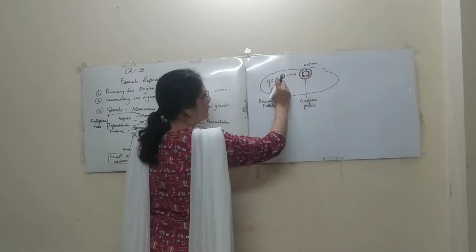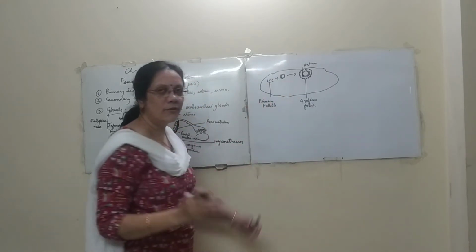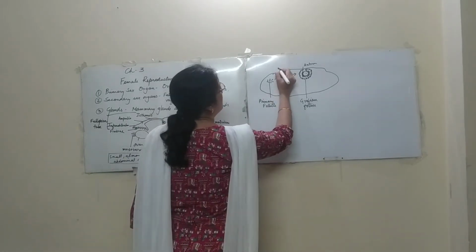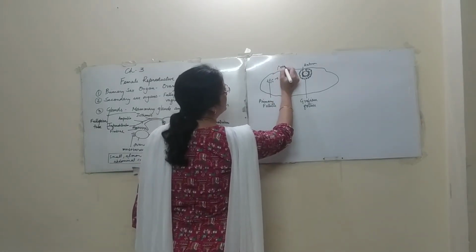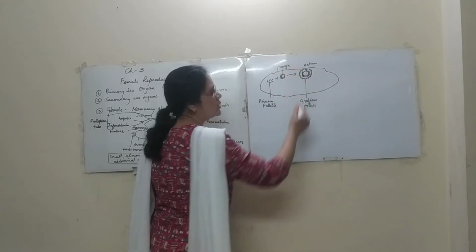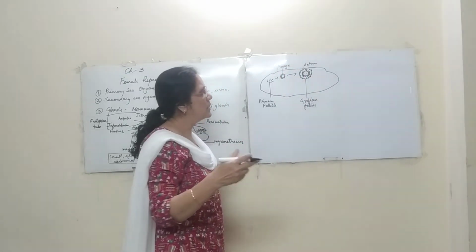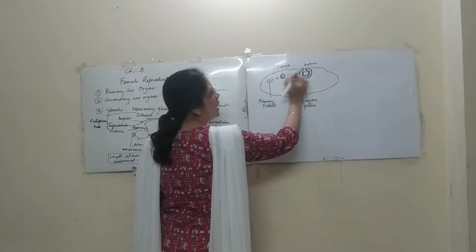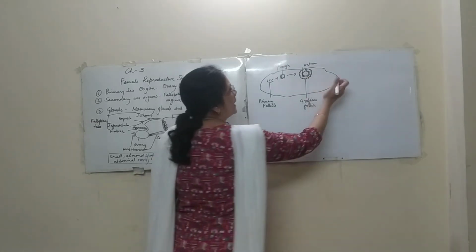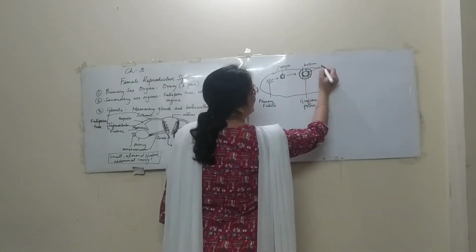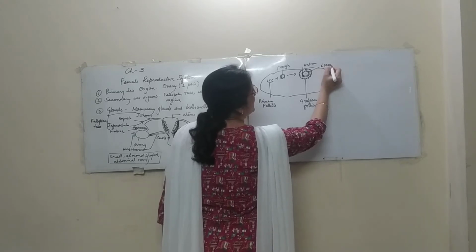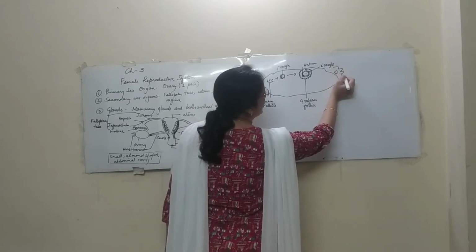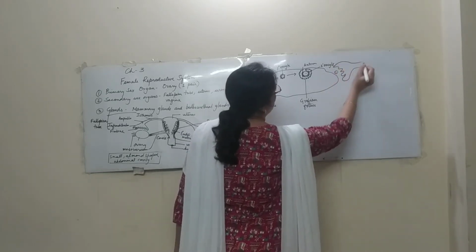Now, in the primary follicle, one of the cells which has matured is known as the primary oocyte. This gradually becomes the secondary oocyte, and the follicle turns into a Graafian follicle. After the formation, that is on the 14th day, it is called the secondary oocyte. The secondary oocyte gets released from the ovary and is taken up by the fallopian tube.